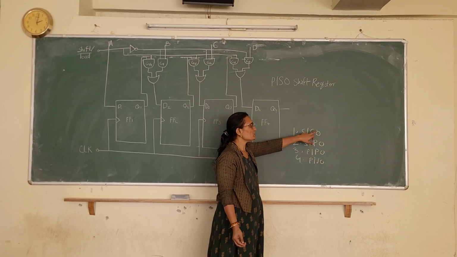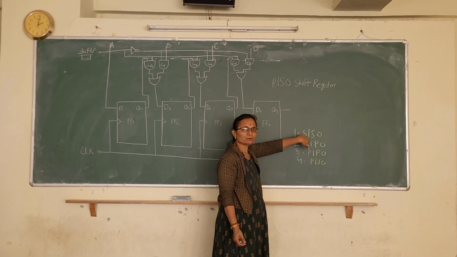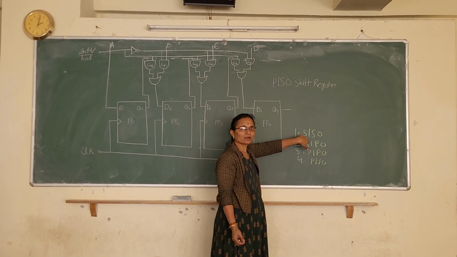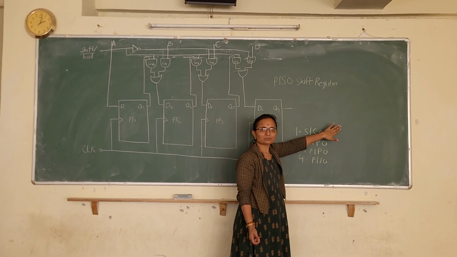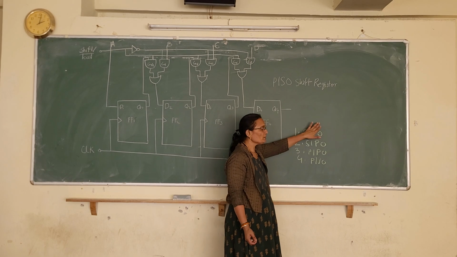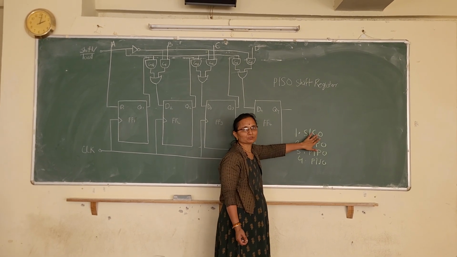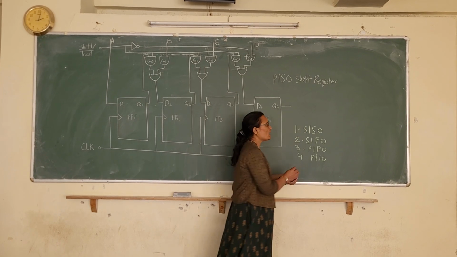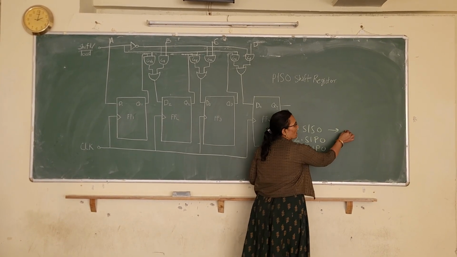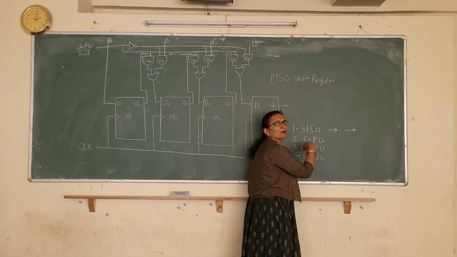And again there are also 2 types of SISO shift register. Right shifting of the data is to be done, as well as the left shifting of the data, with the help of this SISO. Means the purpose of this shift register is what? Just to enter a data serially and just out the data serially, bit by bit.